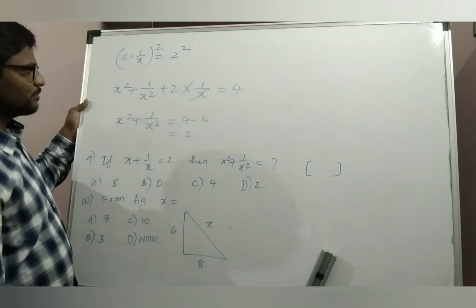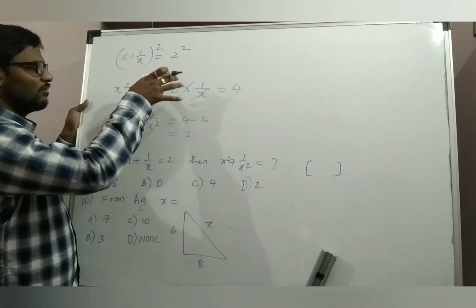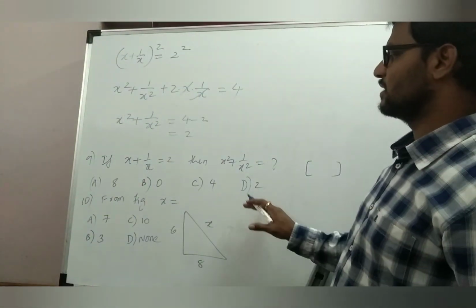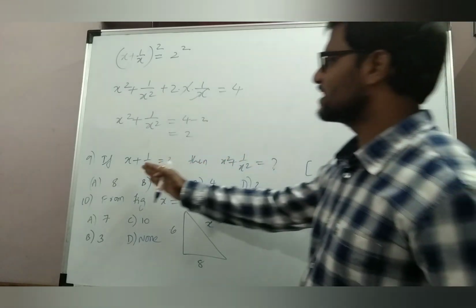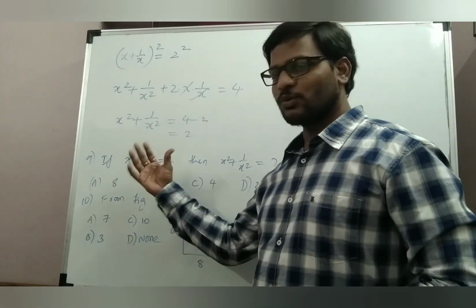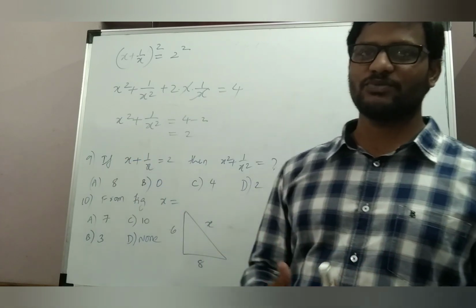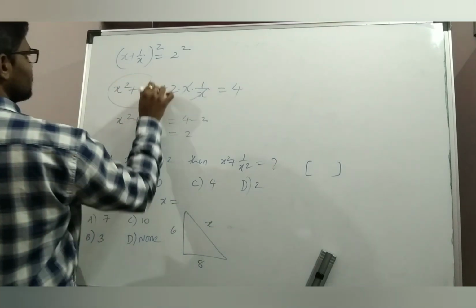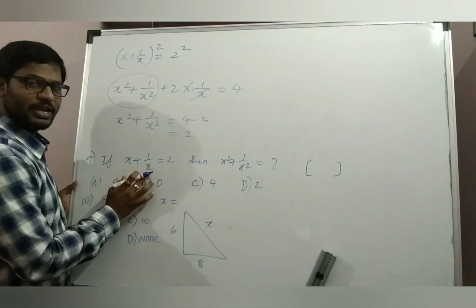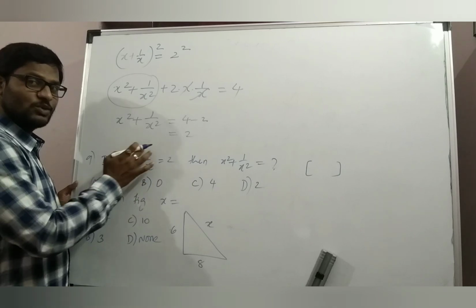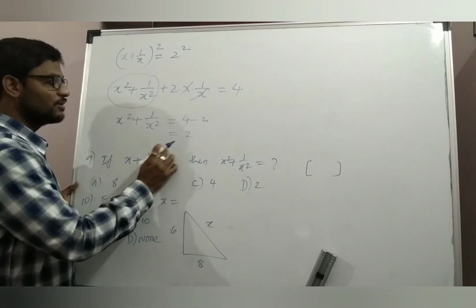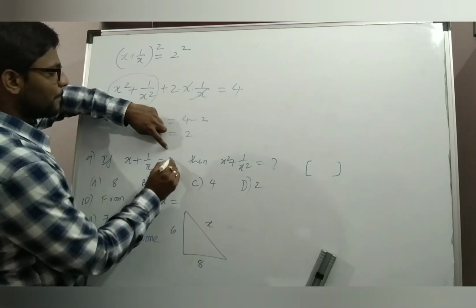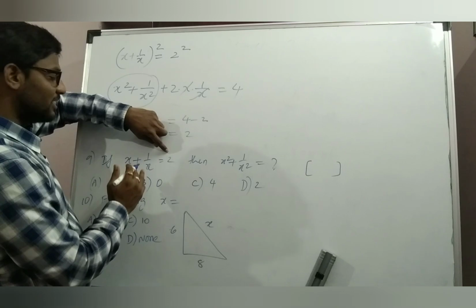But in the examination, we need not write all this. They don't want the procedure. They don't know how you are doing the problem. They want only the option. If x plus 1 by x equal to 2, you square it. (x plus 1 by x) whole square is x square plus 1 by x square plus 2ab, where x and 1 by x are reciprocals, so the product x into 1 by x is 1 and 2ab is 2 only. So directly you can write the answer by squaring the number on the right-hand side minus 2.